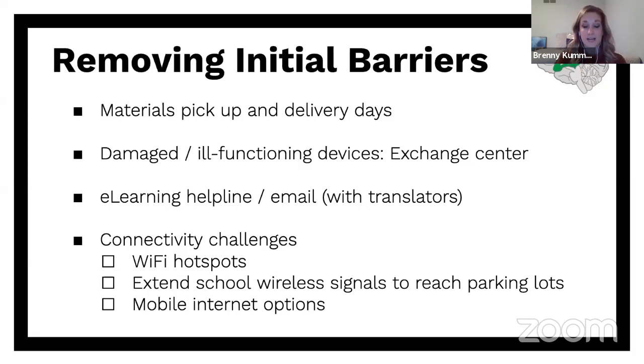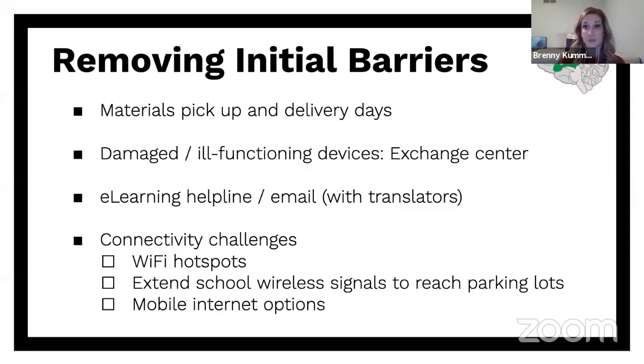Another barrier we identified is that some of our devices might be damaged. Maybe students are not using them as regularly in a normal classroom setting as they are at home, where they need them for their virtual learning lessons. So how do we support those students? We set up a device exchange schedule at our technology office. We have a hotline that families can call in, schedule an appointment, swap out, get the new device, and get a little crash course on how to use it. Usually it's the same one they use in the learning environment. But again, that was another thing we needed to have in place, to help our learners get the tools they need to be successful.